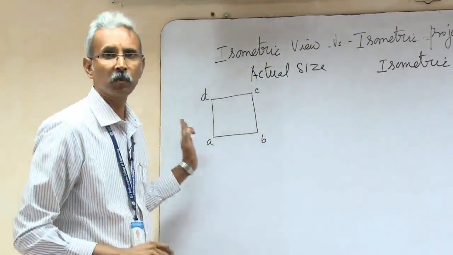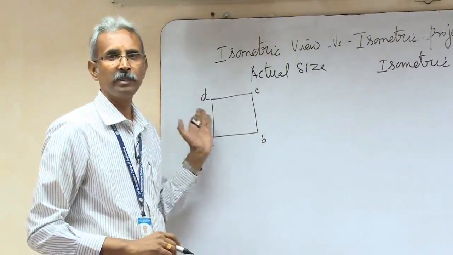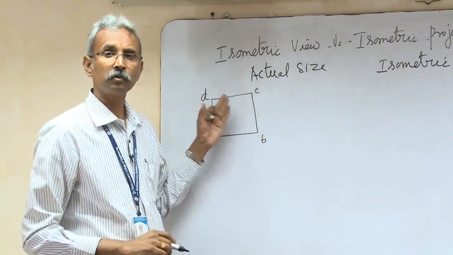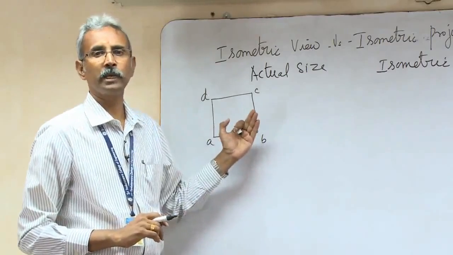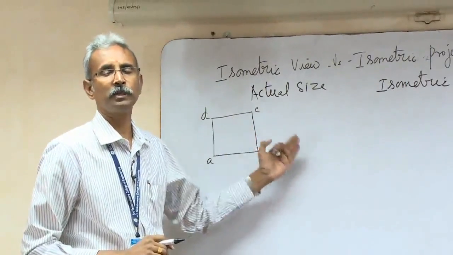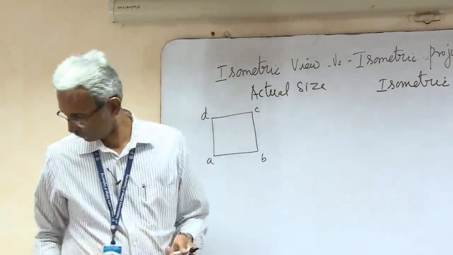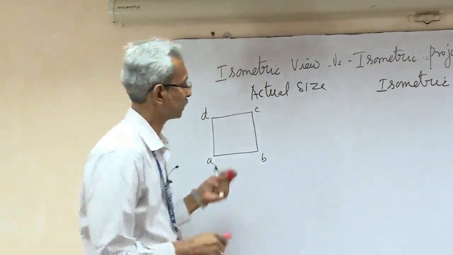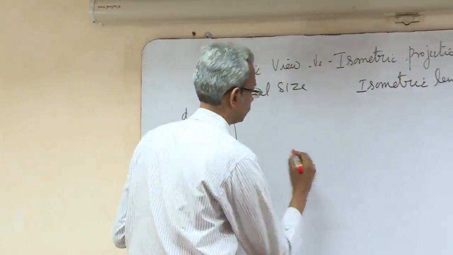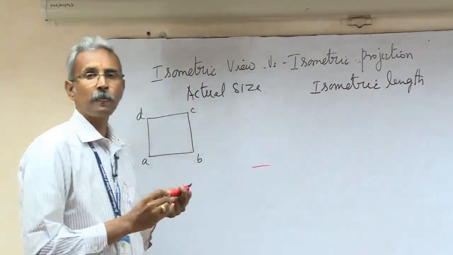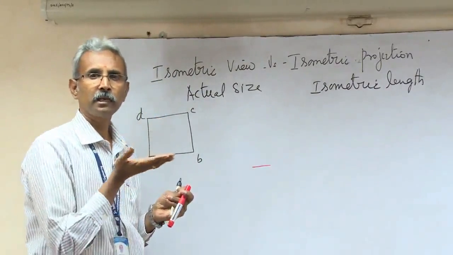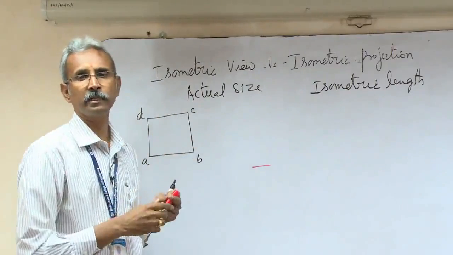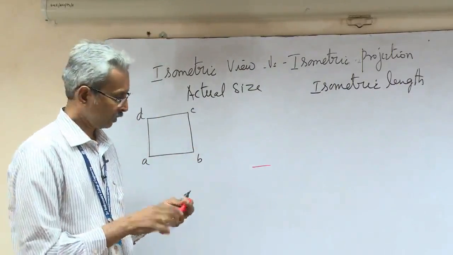So this is a square of side 50, ABCD. Now this is the orthographic projection of this square. Now how will this square look like in an isometric view? So as I told you, in isometric view, the vertical line remains vertical and the horizontal lines are inclined at 30 degrees to the ground. So now